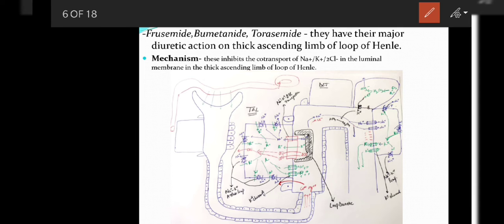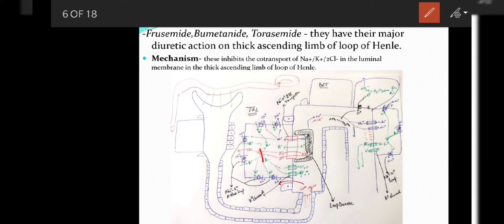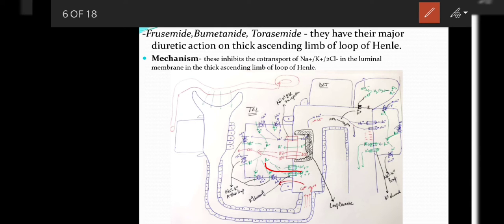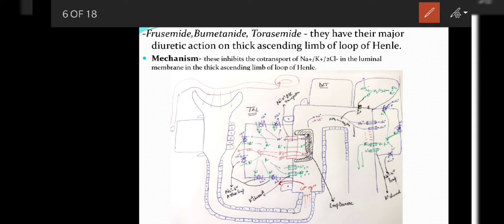Now as we talked about these sodium and chloride ions, these were not reabsorbing in their action. So as we know, potassium is also not reabsorbing, so potassium is not moving from the luminal side into the thick ascending limb of loop of Henle cells. So this intracellular level of potassium, which was abundant, will go down, and this potassium will not move through these leaky channels. This recycling process will not happen, and the abundant potassium ions that were making this luminal side electropositive will be gone, hence the electropositivity will decrease.